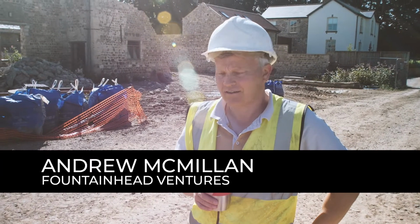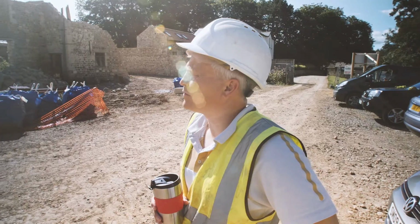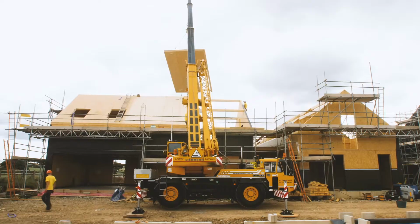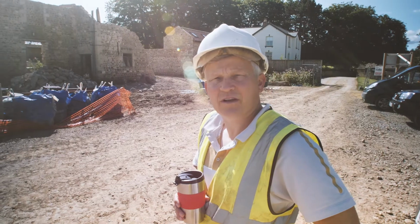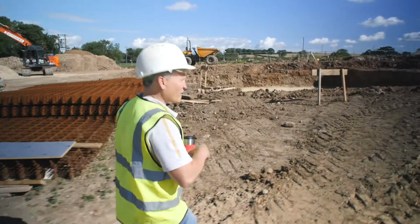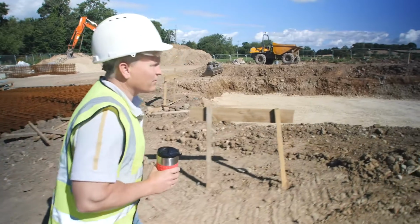So, here we are on site again. They're putting the roof on plot 9. Obviously, you can see the crane. Should we head up there? Yep. Sweet. Obviously, as we're walking past, you can see this is one of the 3 basements that they've just